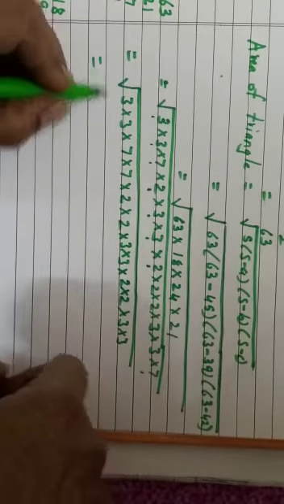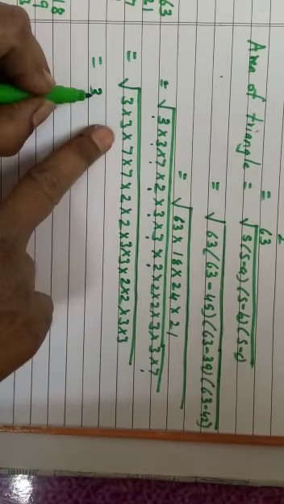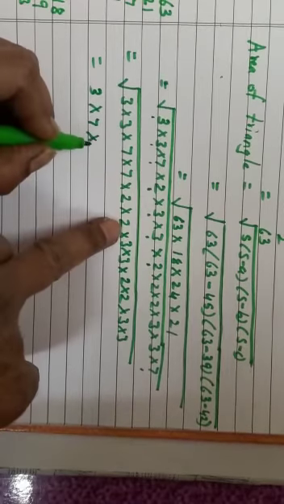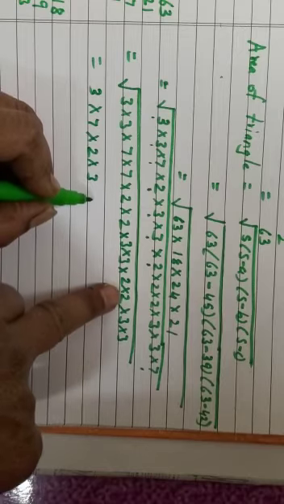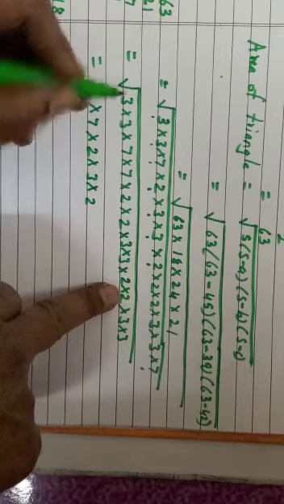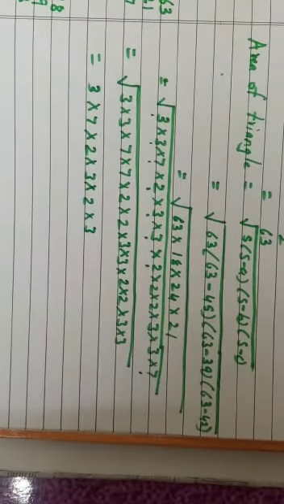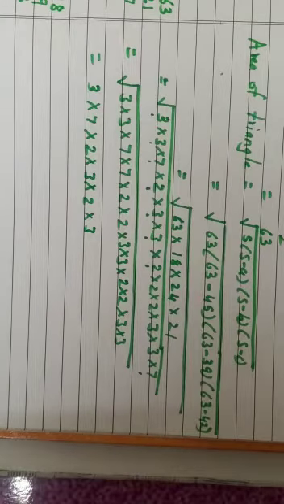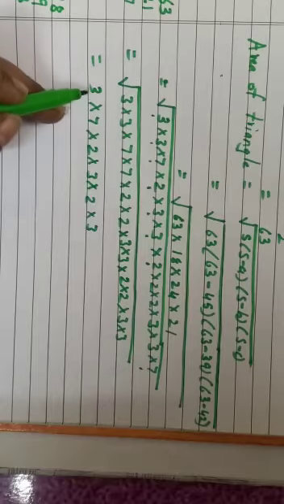So now I can remove one number from each pair. This 3 into 3, 3 into 7 into 7, one 7 you have to remove. Then 2 into 2, one 2 you have to take out. 3 into 3, 3. Then here 2 into 2, you will take one 2 out of the square root sign. 3 into 3, one 3 you will take out. So why do we do this? Because here the square root is given. Square root of 9 is 3, square root of 4 is 2. See, 3 into 3 is 9, so the square root of 9 will be 3.